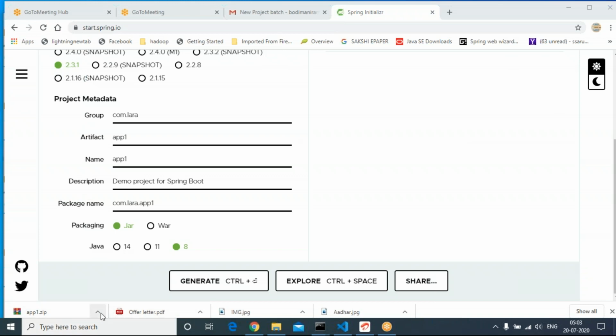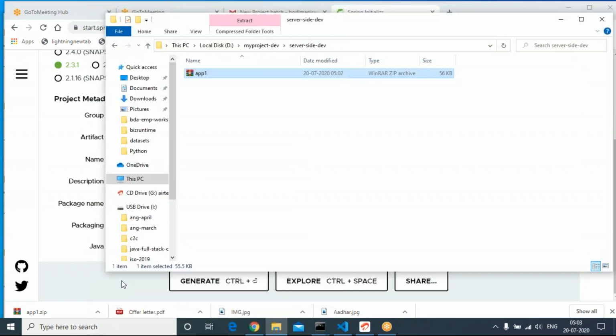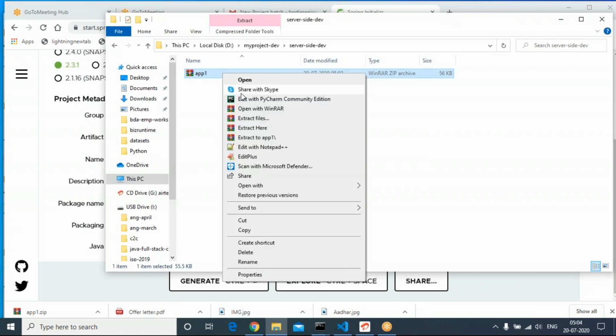Now go to the location where app1.zip is. Show in folder. This is the folder: my project-dev, server-side development. Right click on app1. Go to extract to app1.